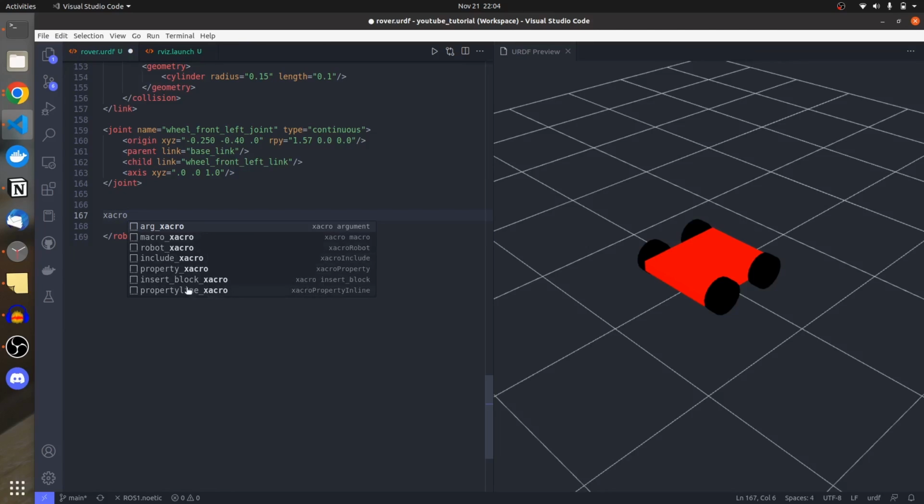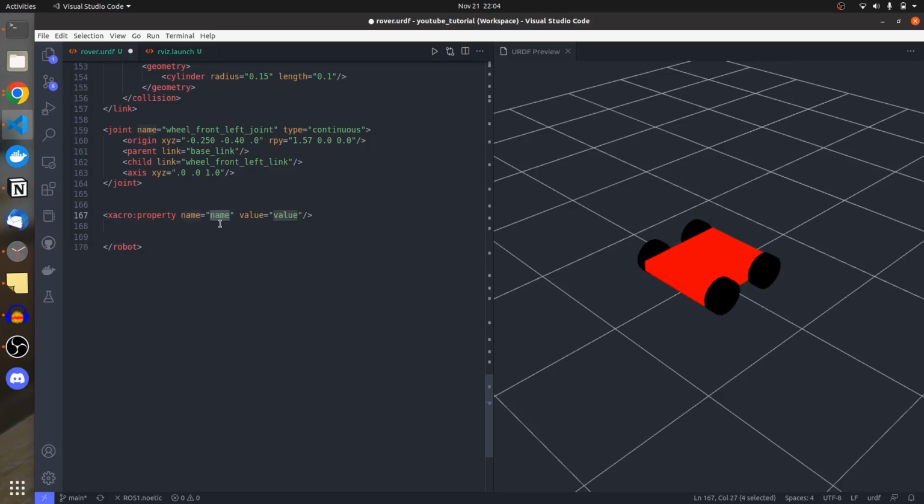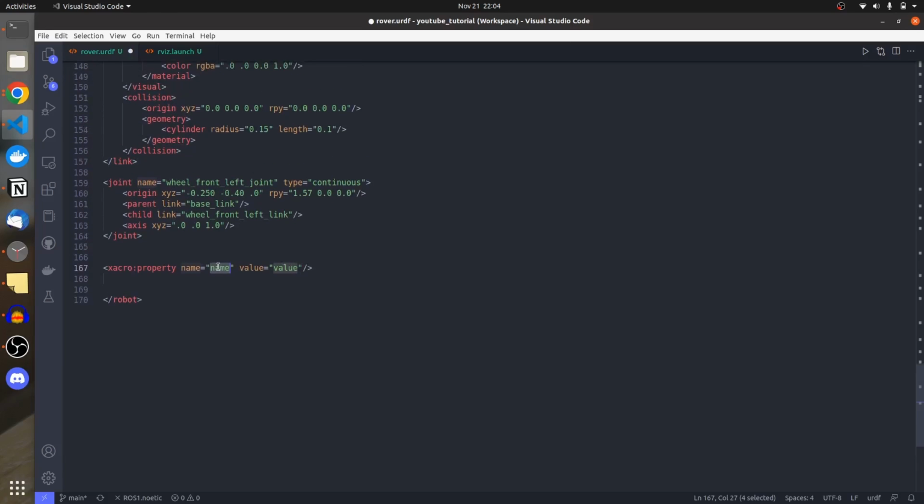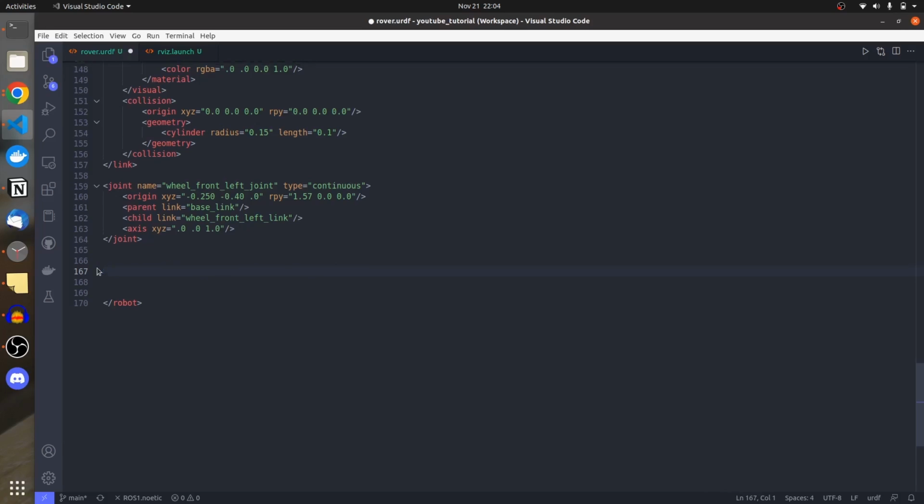First, you need to go through this property, name and value. What is this basically meaning? That there is a property and there is a value for it as a variable. Let me make it more understandable. I'm going to name the property to be side. The value is going to be left or front left,